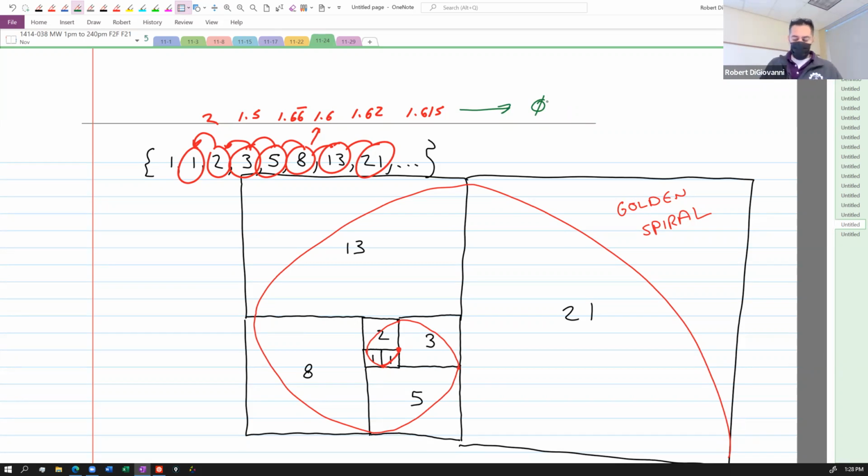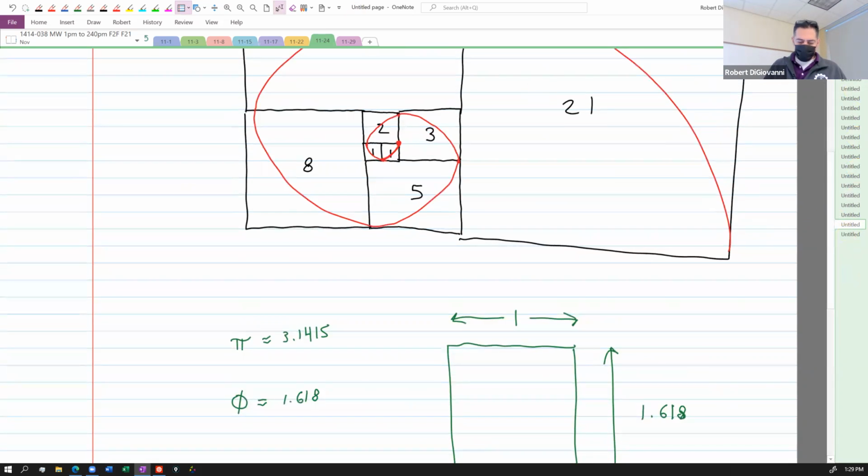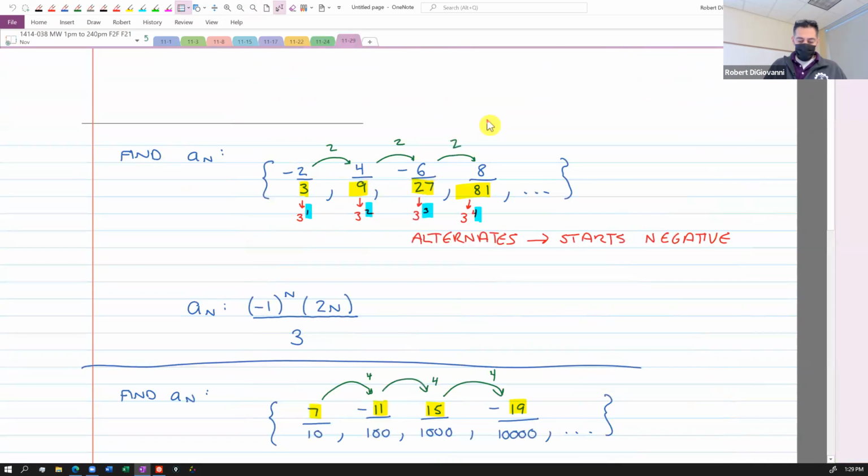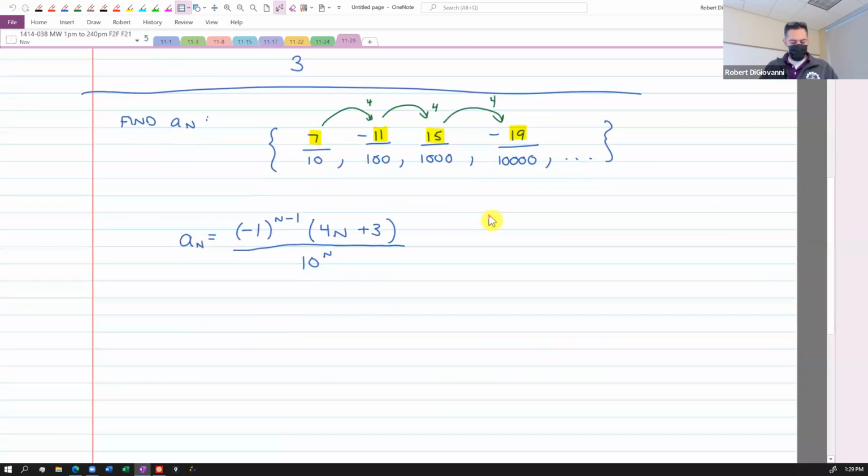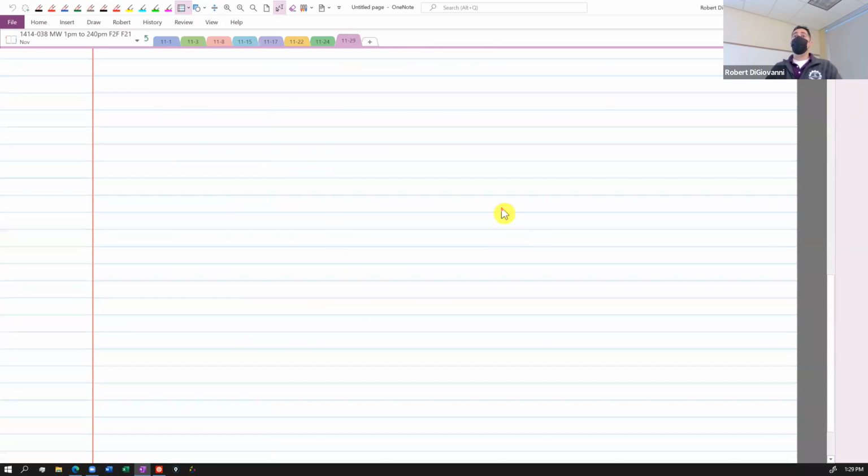All right. Next thing I want to talk about. We've got the idea of a recursive sequence, right? And you can make up your own. It doesn't matter. You can say, here's the first two, here's the first three, and then just make up your own formula. It doesn't matter. All right, so let's shift gears now, okay? And instead of talking about